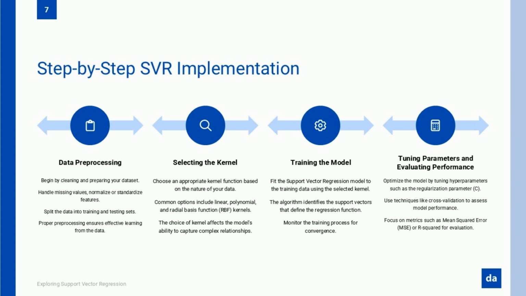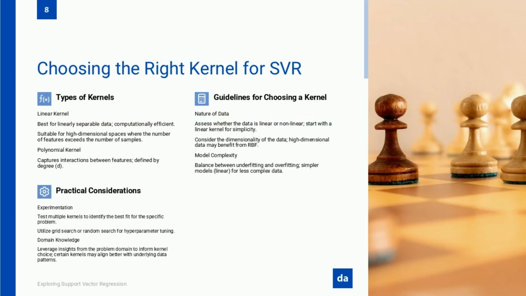By following this structured approach, we can build a powerful SVR model capable of making accurate predictions, but one key decision can make or break the entire process: choosing the right kernel. How do we decide which kernel is best for a given dataset? Let's explore that next. Choosing the right kernel is one of the most important decisions when working with support vector